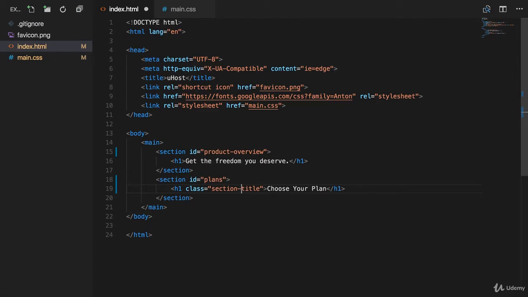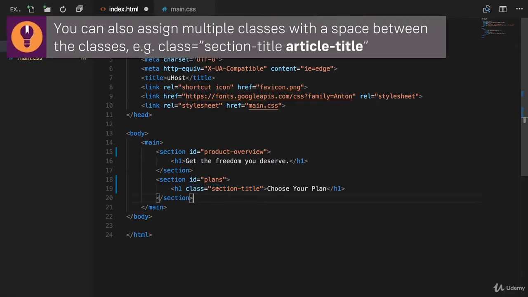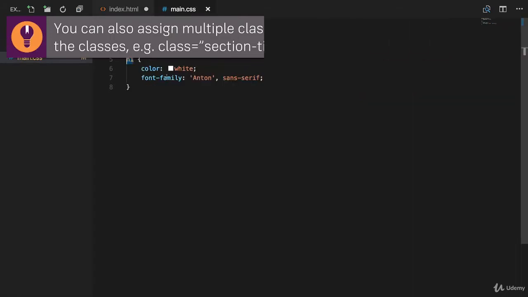And the second thing which is important about classes is you can reuse them. Unlike IDs, you don't just use them once. You can add them multiple times, and a class is always a good choice if there is a decent chance of you reusing it. Otherwise, an ID might be better, though you can always use classes if you want. Here, I defined my class, the name is up to you, and with that we can go to the main.css